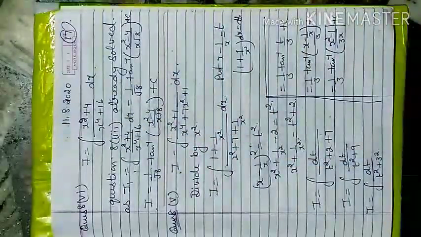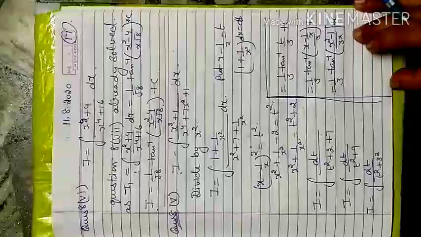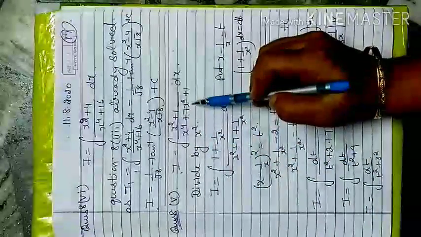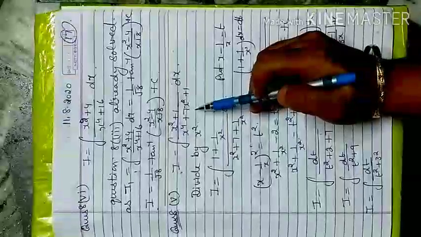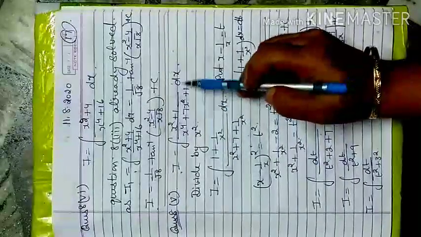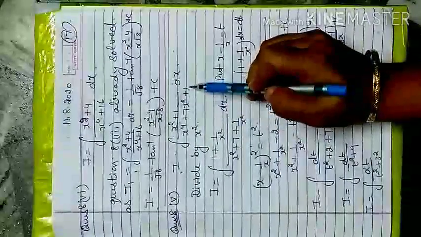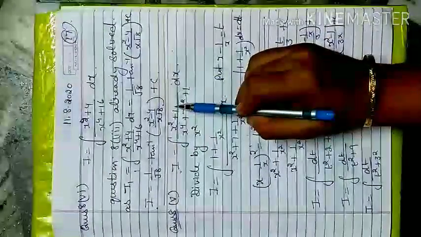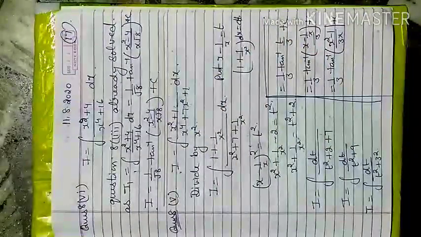So I directly write the result here. Next is your 8th question, 5th part. If your question is x square plus 1 over x^4 plus 7x square plus 1, it doesn't matter what number is multiplied by x square, you have to check only the constant term. Okay, if the square root of 1 is the square root of 1, so I have to go with that method.